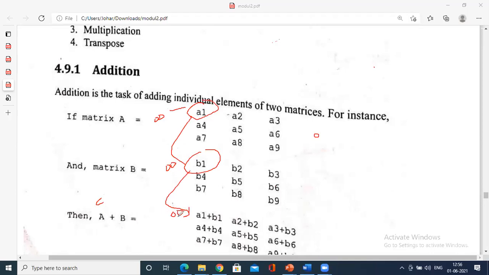It is very simple. There are no complex concepts as there are in multiplication. Similarly, A2 is combined with B2, added, and stored in C2. As such, this concept continues.